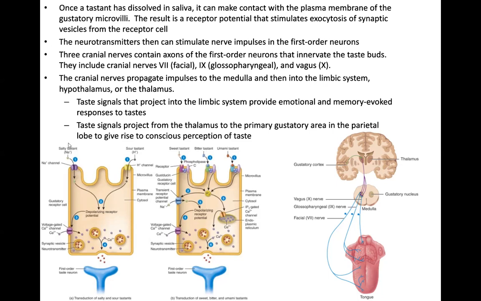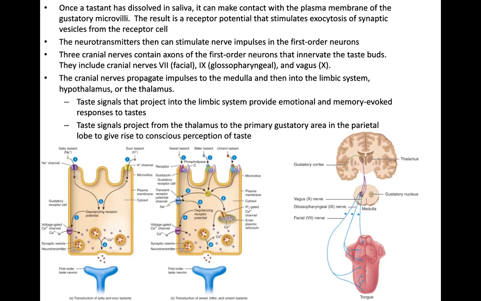In the case of things that are salty and those that are sour, for example sodium chloride, table salt, there are literally sodium channels within those taste receptor cells that allow sodium to come in. In the case of things that are sour, remember we said sour is associated with acids. Hydrogen ions, H+, are always associated with acids. Hydrogen ion channels allow those substances to come in, creating a depolarizing receptor potential,